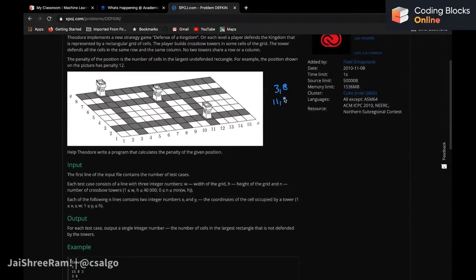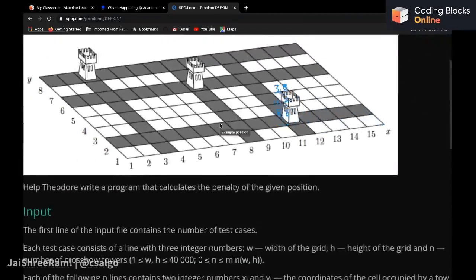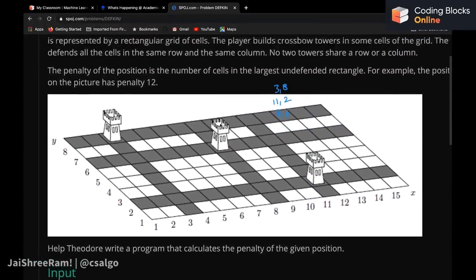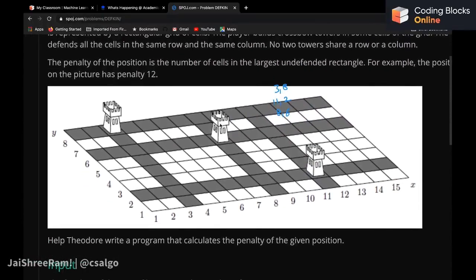These locations of towers are given to us, and now we have to see how we can find out the largest